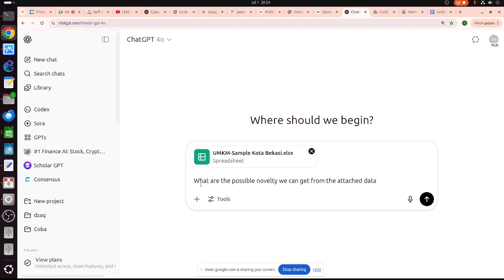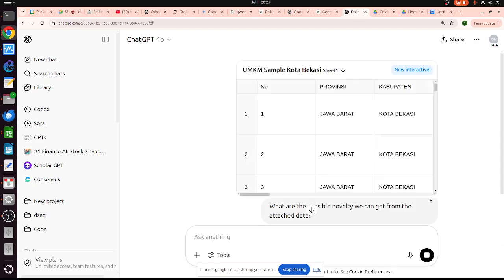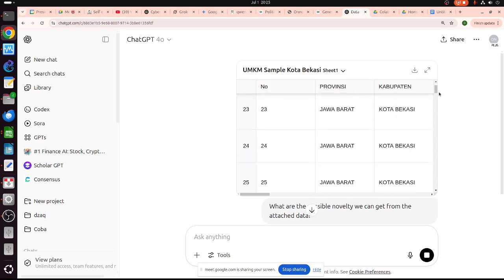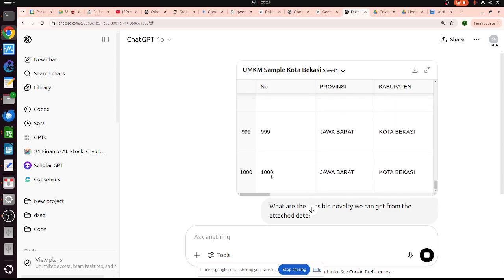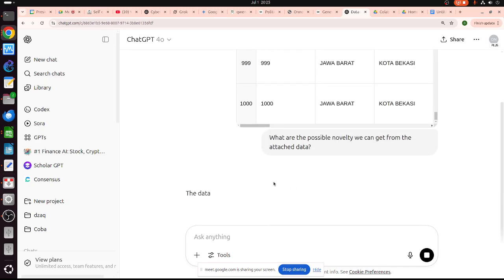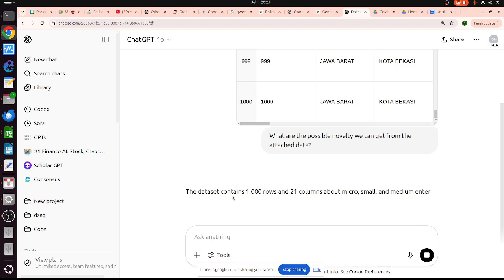So we can have a very clear aim when we want to write a paper. So upload and then question, submit. So they analyze the data. So this is the data, 1000. Okay, analyzing the data. So it says, okay, we have 1000 rows, 21 columns about micro, small, medium enterprises in